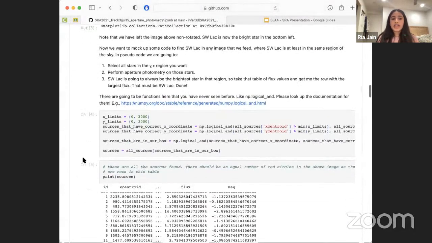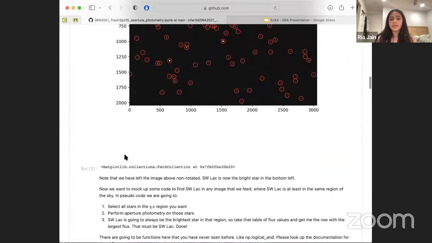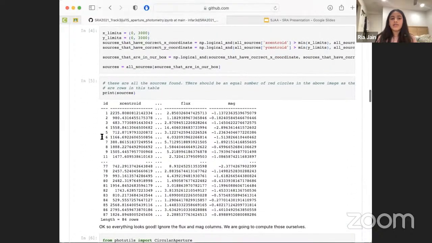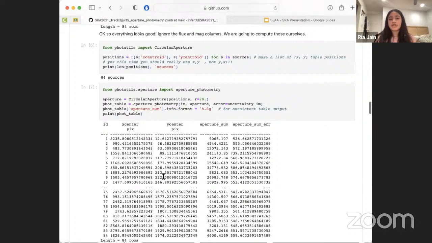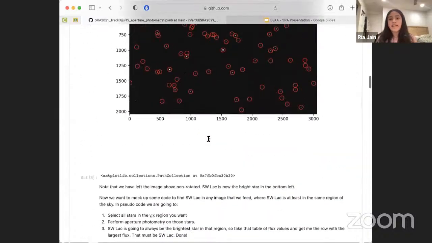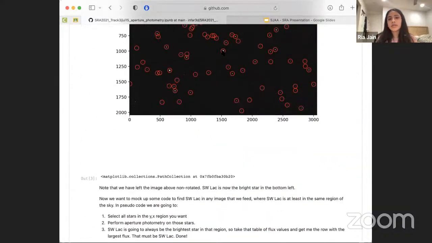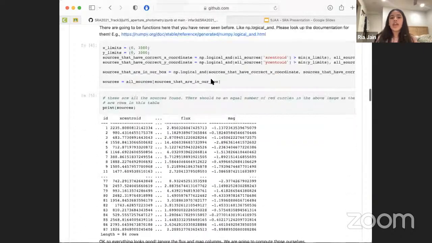So the next part is basically we wanted to count the amount of stars in this image above, and this is just some code that enumerated the stars. This is just some extra stuff that I calculated that we didn't need until later. So this is where we're actually finding the aperture sum. The aperture sum and the magnitude that we calculated are different. You use aperture sum to then calculate magnitude, but this is basically the code just counting up all of the pixel values in this circle. So for this one, it was just counting up everything in here,